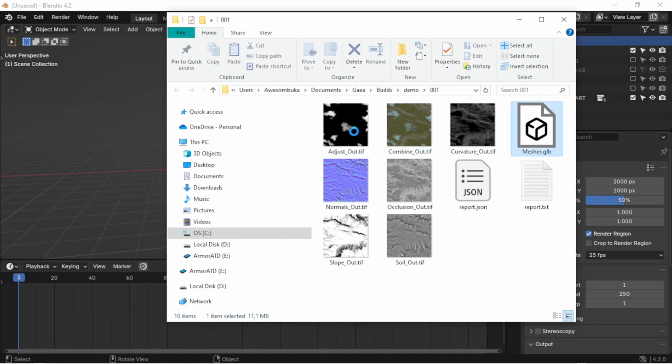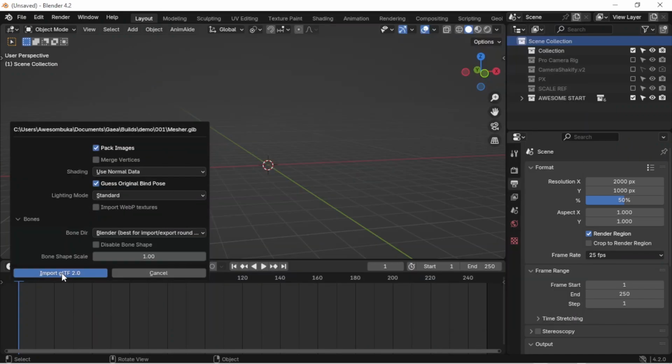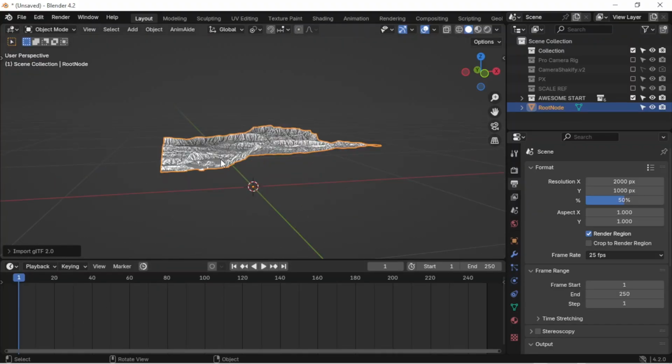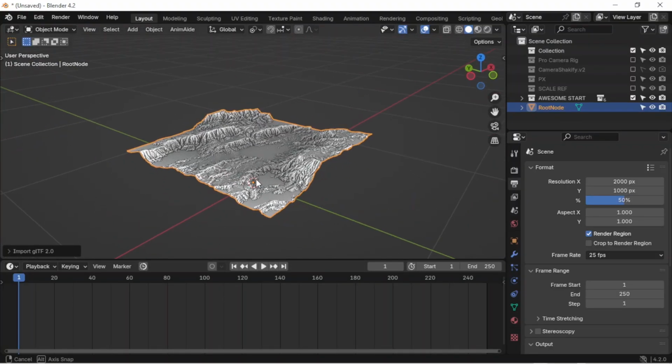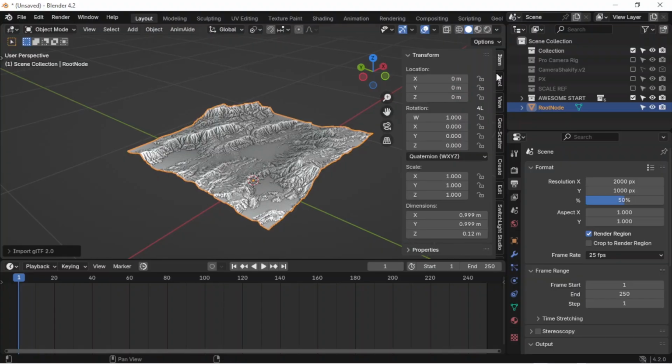So in the latest versions of Blender, you can simply drag and drop your files straight from your browser to import them into Blender. So we'll first start by importing our landscape, which is the GLB file we exported from Gaia. Once you've imported your landscape, firstly we want to fix the scale. This isn't very important to understand for what we'll be doing, but it's always good to work in the correct